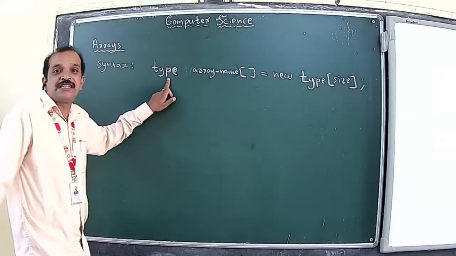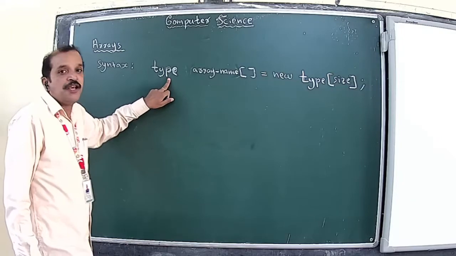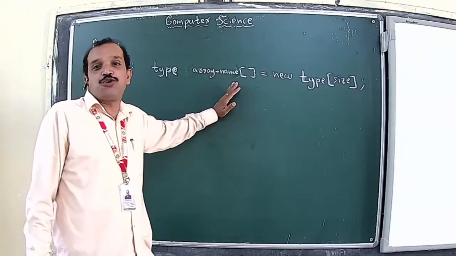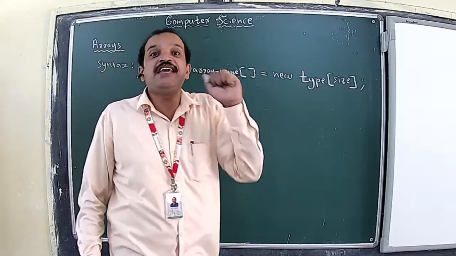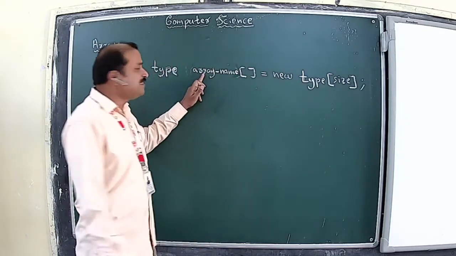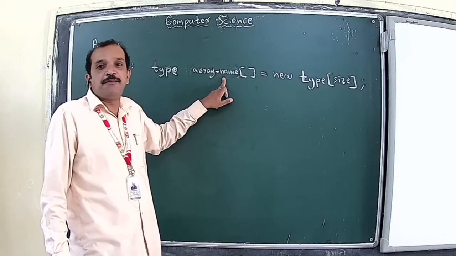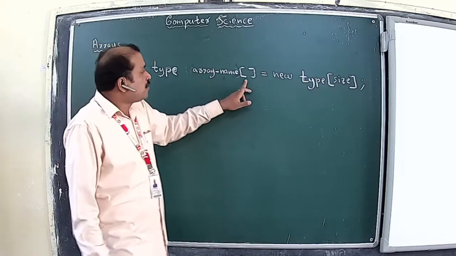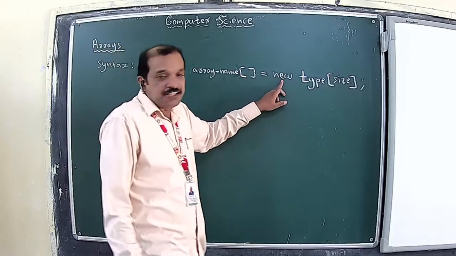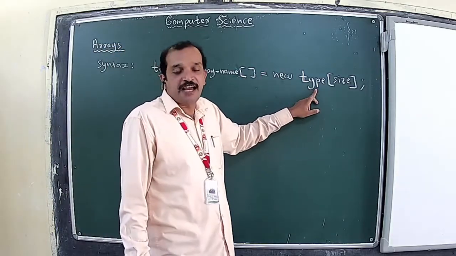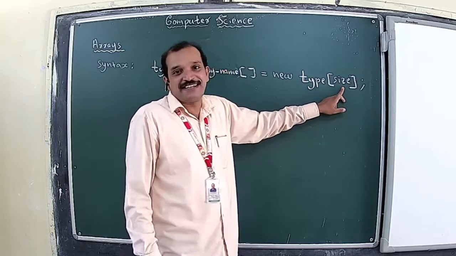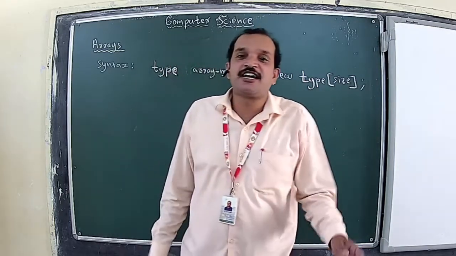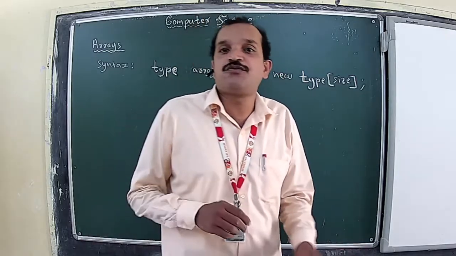Here the type is the data type that is to be used. As we have already heard, one array can be used only for storing elements of the same data type. And this is the array name, like any other variable, so this should be a proper valid Java identifier. The square bracket and the new operator are also used, and again the type will be used, and the size. Here the size refers to the total number of elements that are going to be stored as part of an array.